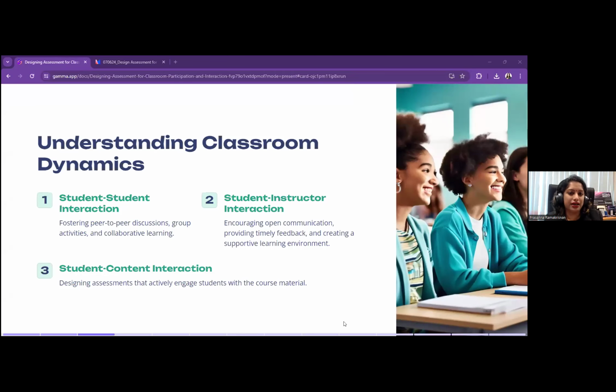So that's on the student and instructor. I believe that in student and instructor interaction, the role of the instructor is not a teacher, but now a facilitator. So try to become more of a facilitator. That is why, in this kind of interaction, I always suggest to lecturers to look into the flipped classroom environment. The flipped classroom environment is very useful, especially when you're doing the student and instructor interaction, whereby you can